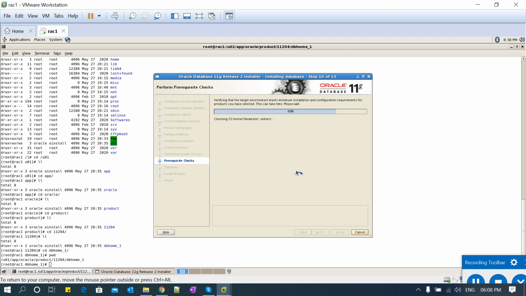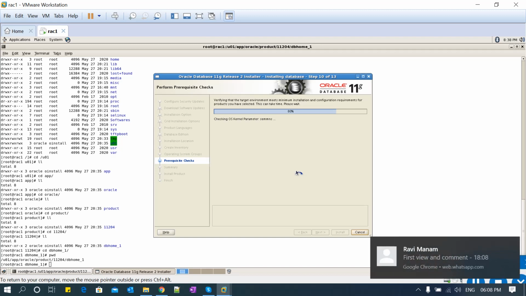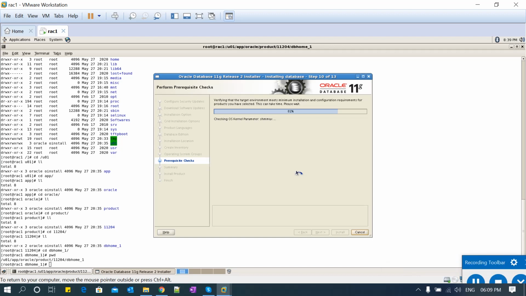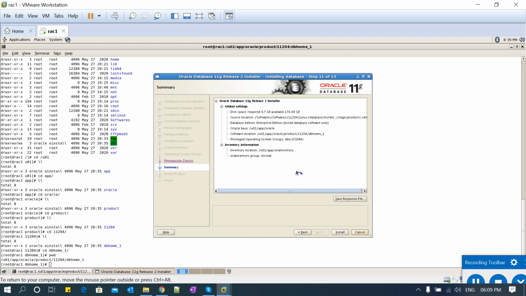It is checking all the kernel parameters, all the required libraries, all the limits, and OS configurations required for Oracle home installation. If there is any issue, it will report here. Okay, here you go. No issues, so all the pre-checks are passed.